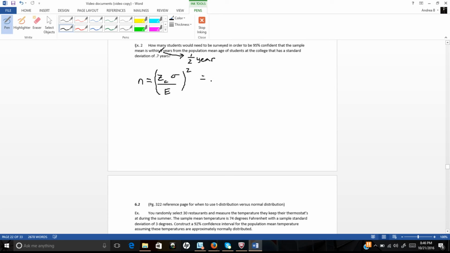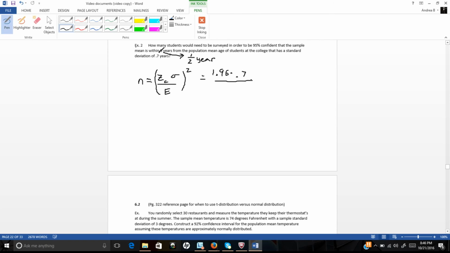So in this particular case, for a 95% level, if you look that up in the critical values table at the bottom of your normal distribution table, we get 1.96 there, times the standard deviation, which is 0.7 in this case,